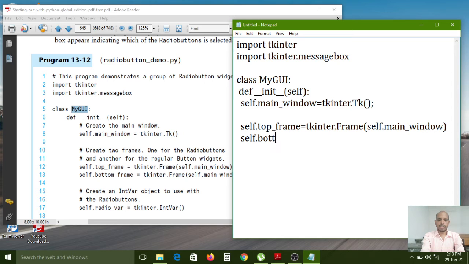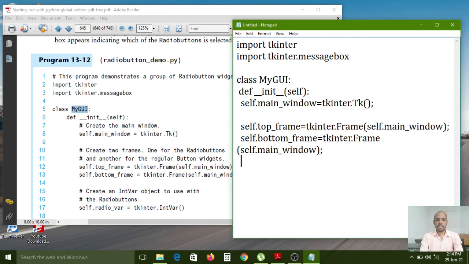And next I want to create the bottom frame. So bottom_frame, this is the variable, equal to tkinter.Frame. Again we need to use the same statement, we can copy it between these two brackets also, right? Now here semicolons, actually semicolons are optional, no problem, but syntactically you can give them. Okay, next, here frames are created.